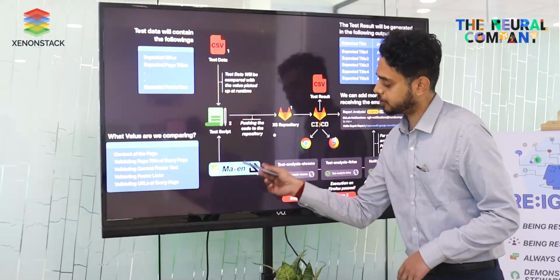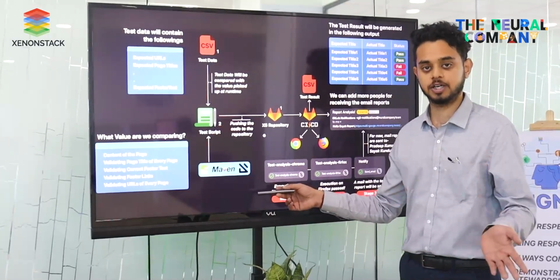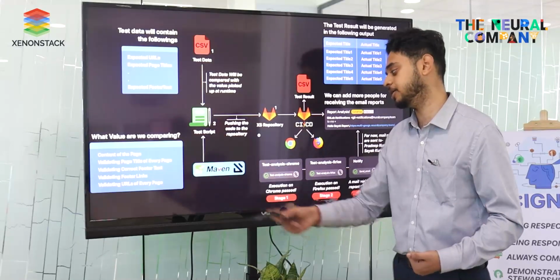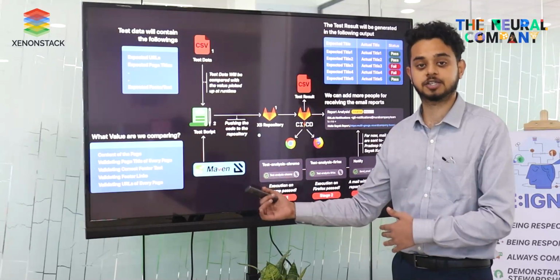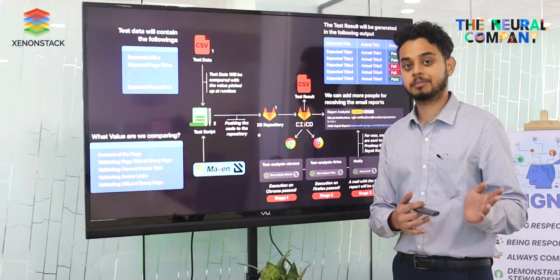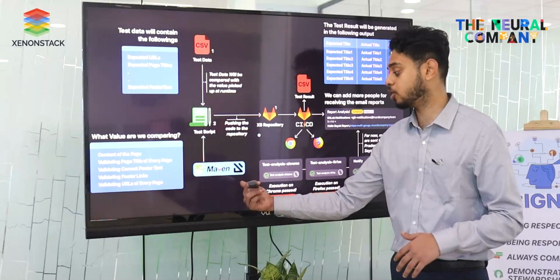This framework we know is the Gauge framework. It is similar to Cucumber, which is most widely used and open source. Gauge is also open source. So what Gauge really is, is an acceptance testing tool. It performs the same things as Cucumber, but with more advantages, because it gives a proper